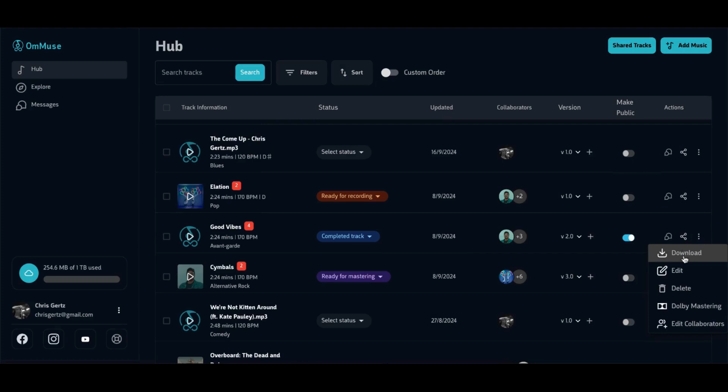Lastly, you can also download your tracks here. You can master it through our Dolby mastering. You can also edit the collaborators and edit any other information. You can also make the track public. And what that means is when you turn this on, it goes to our Explore page,